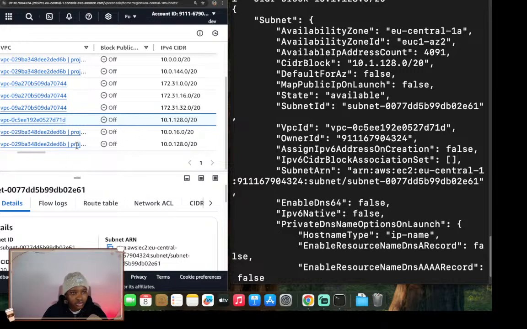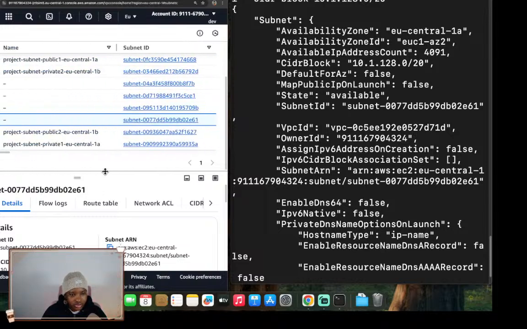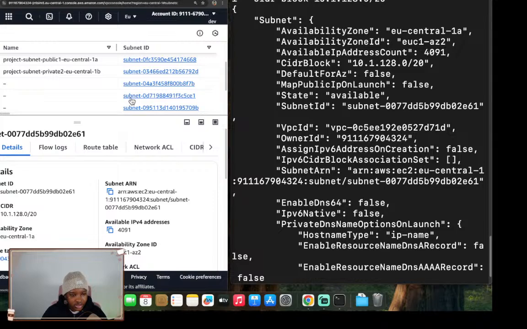This is the one we just created, 10.1.128. And we have